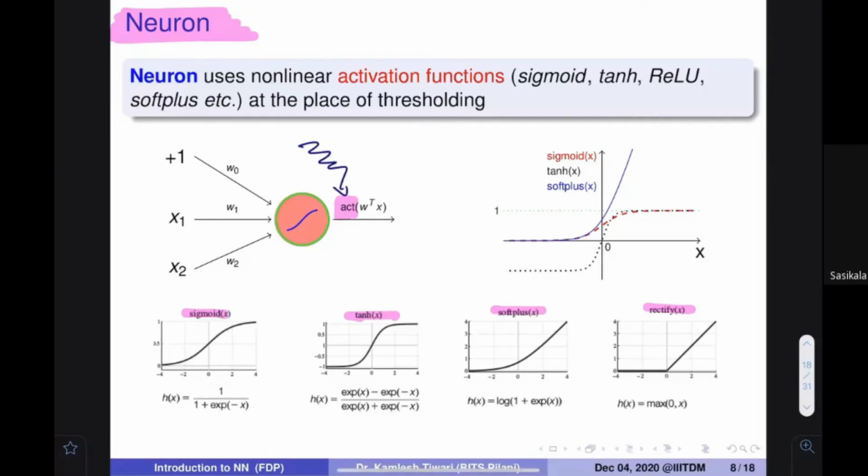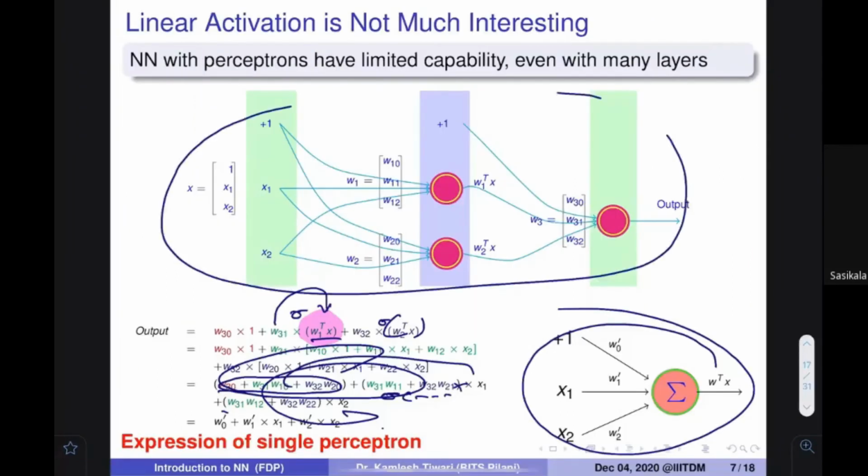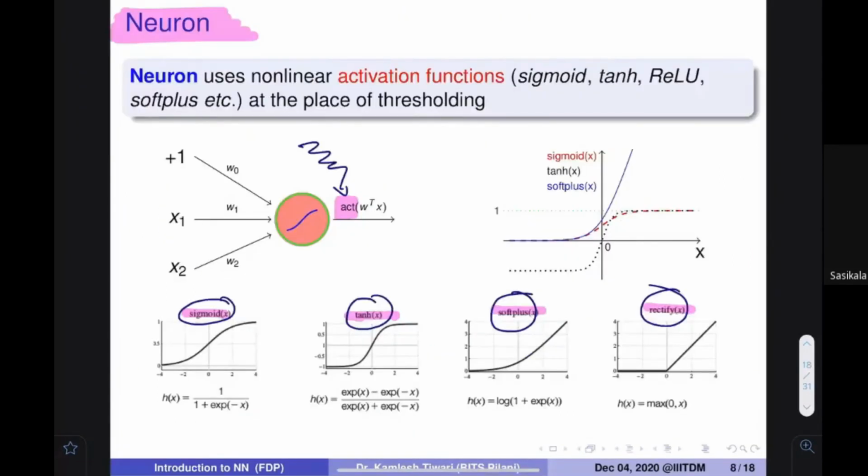Activation function could be sigmoid, tanh, softplus, or rectifier units. What is the advantage? That now my neural network would not collapse. Okay, number one, neural network would not collapse. Second, I know a better way